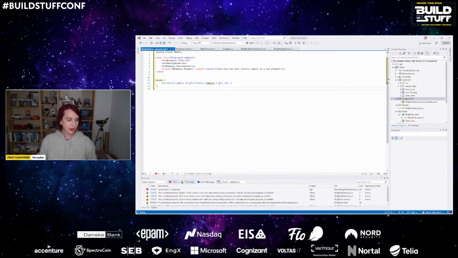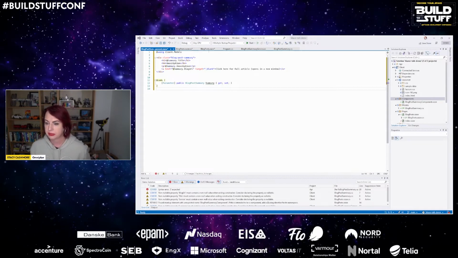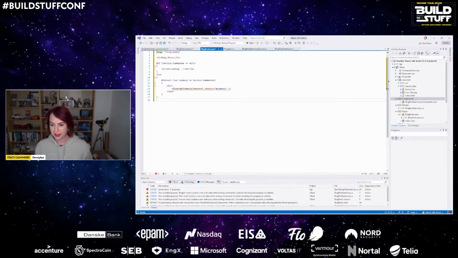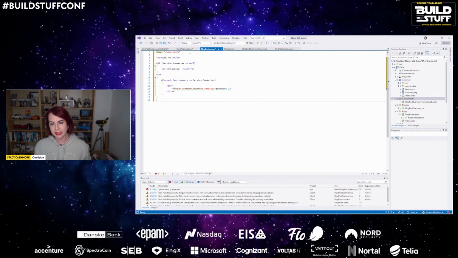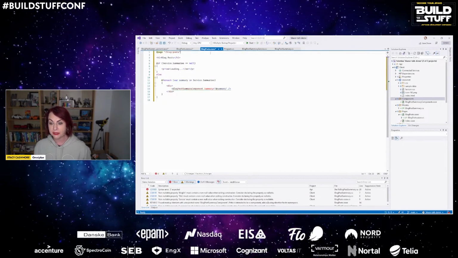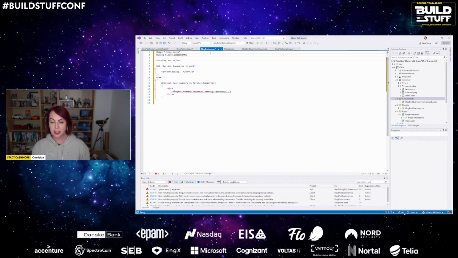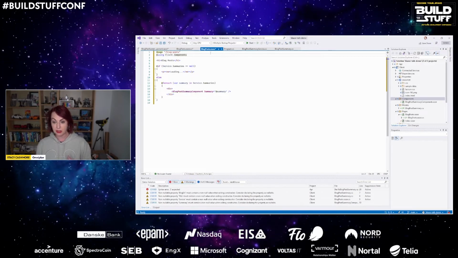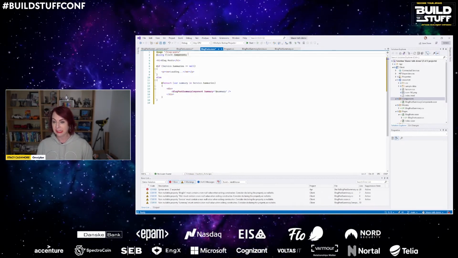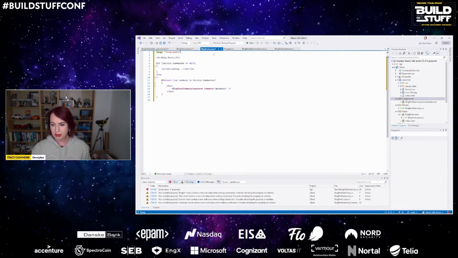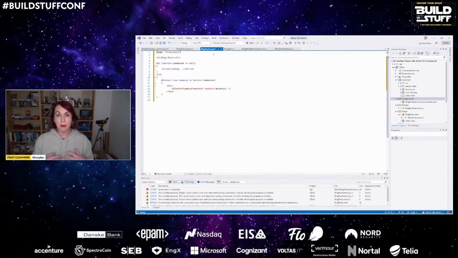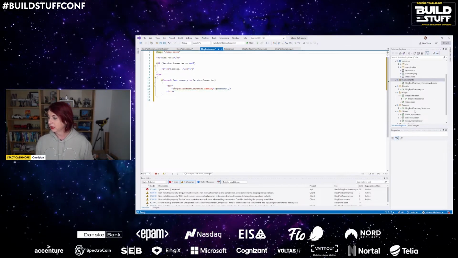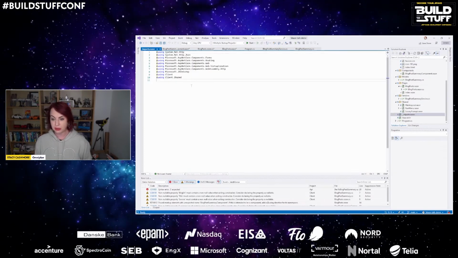Now, if we go back to our blog post page, we see that we've still got a green squiggly line here. And that's because we don't know where to find that component. Now, I can bring in a using statement at the top of my file here, but you know what? I'm probably going to be using these components on more pages than just one. So Blazor has this awesome underscore imports.